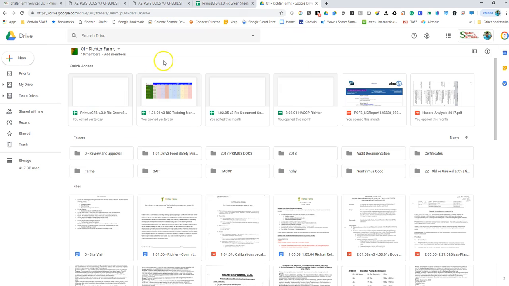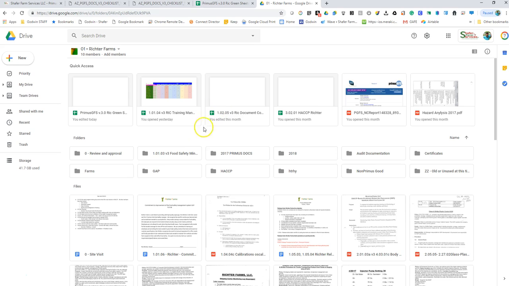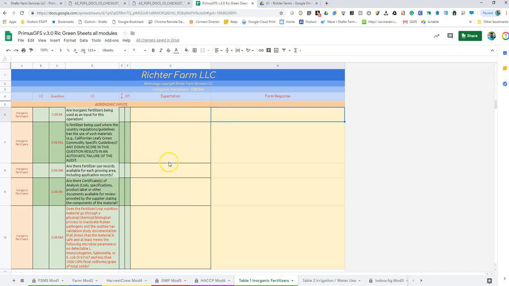That's inside their team drive for each of the farms, and our team drives, if we click on team drives here, we can see we have a team drive for our various farms. We open up Richter Farms and we'll see the spreadsheet that was recently edited. So that's how farms will get to it, and that's how we can answer those questions, so that we can prepare if it's required for